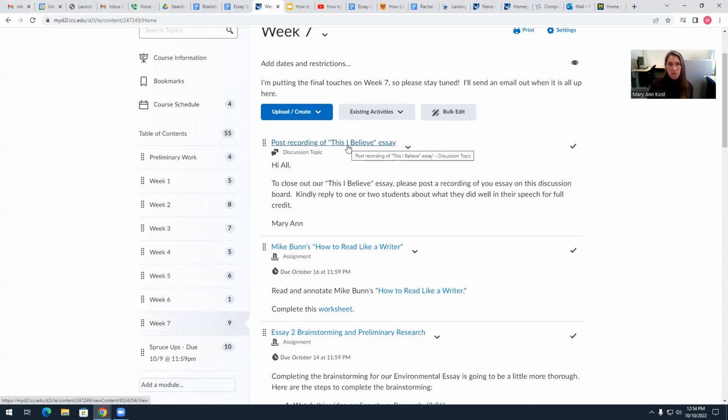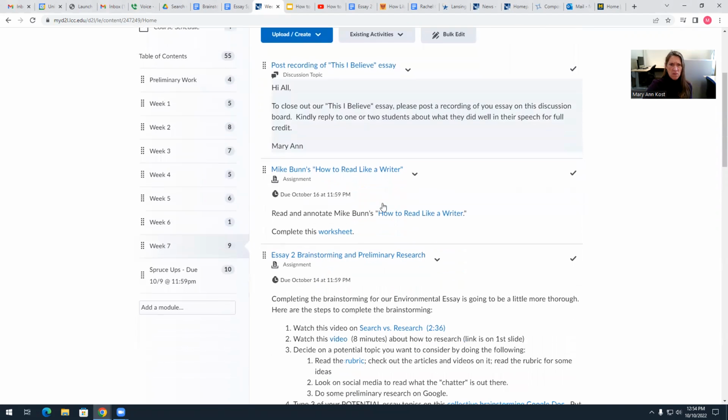A lot of you may record on your phone and then upload to YouTube. That's an option. You can also use Zoom or Google Meet to record yourself. If anybody needs any help with any of these, I'd be happy to. There's another program called Screen-O-Matic, which is easy as well. You don't have to pay for that either. But please make a comment to 1 or 2 of your peers about what they did well. Anyways, that's 20 points.